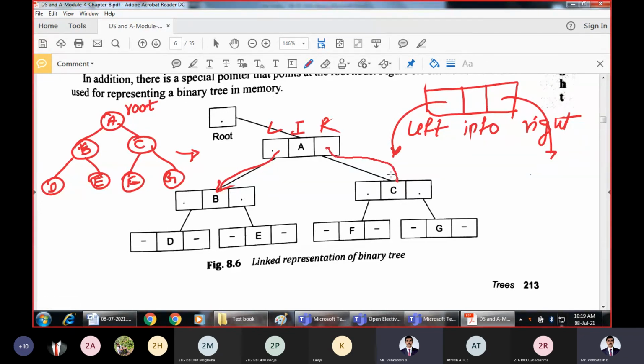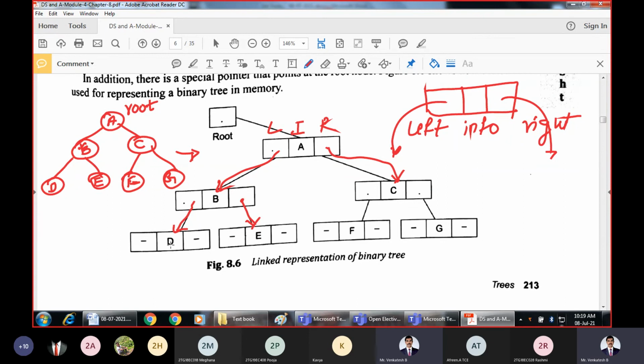Right will contain a pointer to the right subtree. It will extend the tree towards the right. The same is repeated. Similarly for B, if you want to represent this node B in linked form, it has B as the info, then the left pointer pointing to the left subtree, and the right pointer pointing to the right subtree.